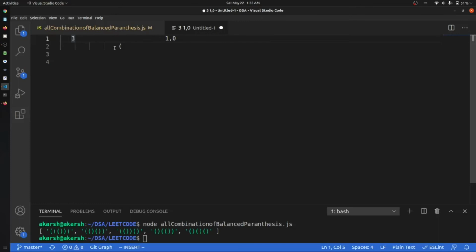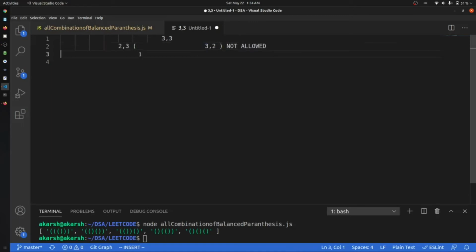Or I can go in the backtracking way. It says that we will have 3 comma 3, which means 3 open tags and 3 closed tags. At this point we will have 2 comma 3 because we have printed one open tag. But at the same time we cannot have 3 comma 2 because we cannot start with this. So this is not allowed.